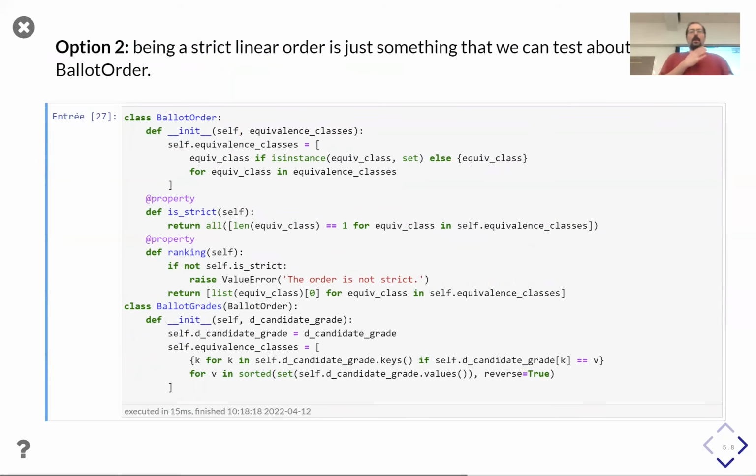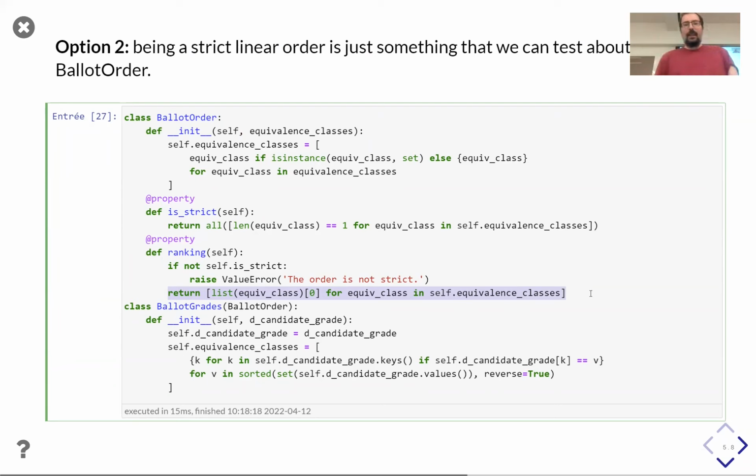So my personal choice would be the following, but I don't pretend that it's the only one. It would be to implement a property of a ballot order, which tests whether it is a strict order or not. And if it is a strict order, then you can compute the ranking and so on. It's a bit debatable because you lose type hinting and you lose a bit of the Liskov substitution principle and so on.